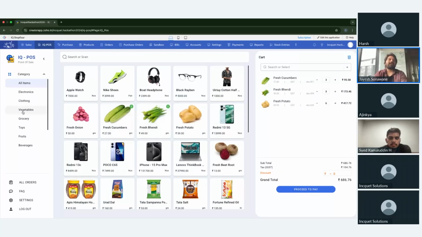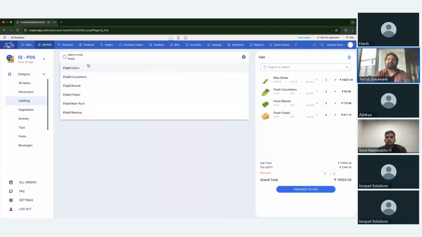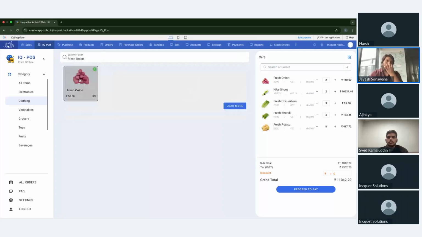You can search for a particular product by category, for example. You can go to a particular category and click on that particular product. You can also search for a particular product from here, pressing enter and adding it right away. But there is a better way of using it, because if you have a lot of products on your counter,